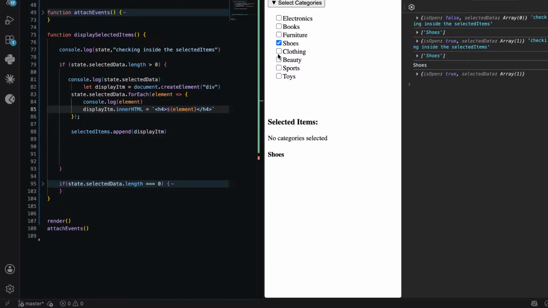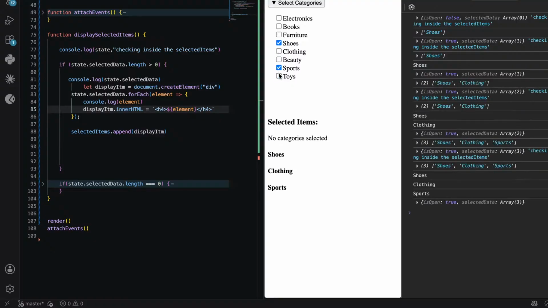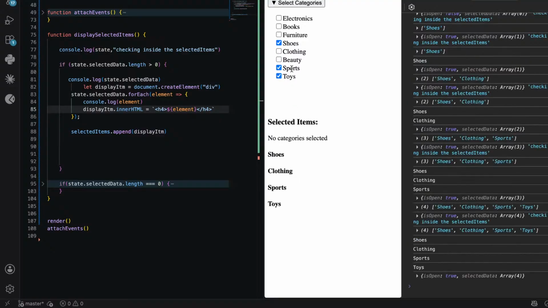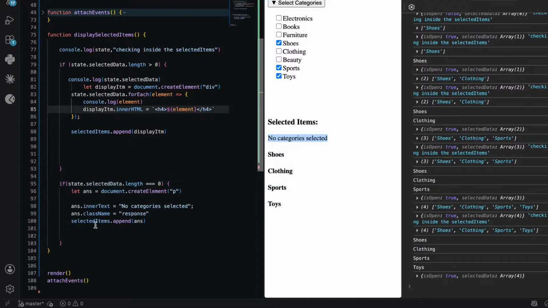It's so much better. Clothing store, but you can see we didn't click the clothing here, right? It's an issue, and also we can see the no categories selected. So what we can figure out is, here when it's greater than 0, right? When it's greater than 0, we can just do is